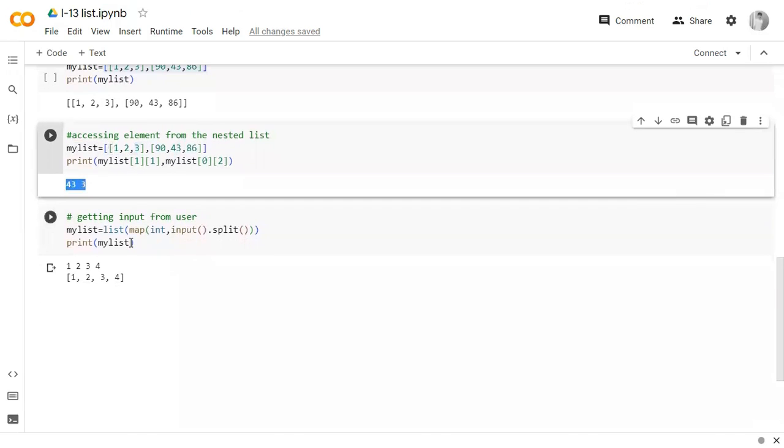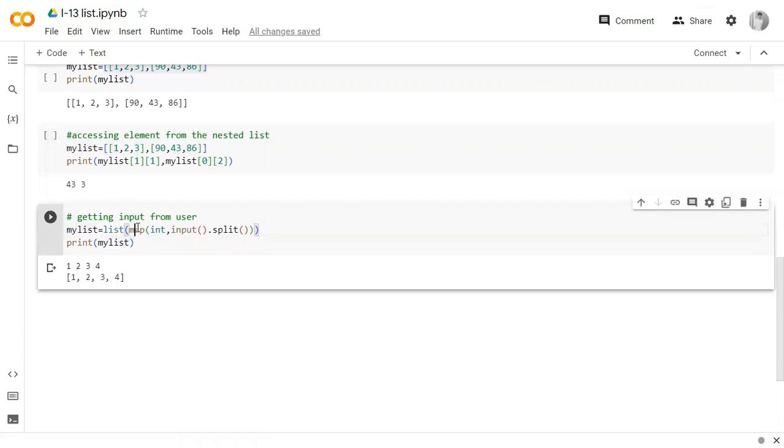Next, come to the last example. How to get the input from the user as a list? See here, first of all, you write the variable name equal to list of map of int comma input dot split of. How can we realize what this function will do? Let us take an example. If the user gives 1 space 2 space 3 space 4, then